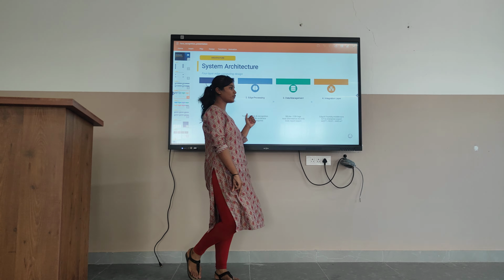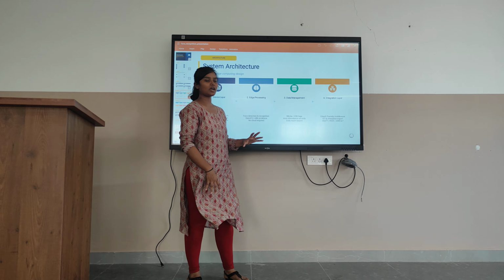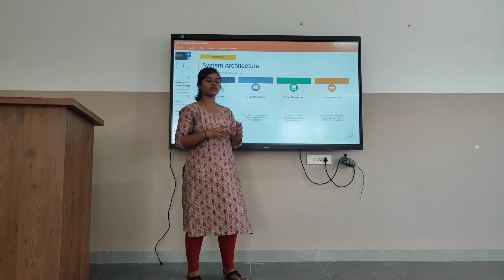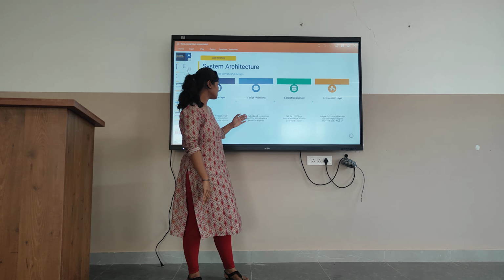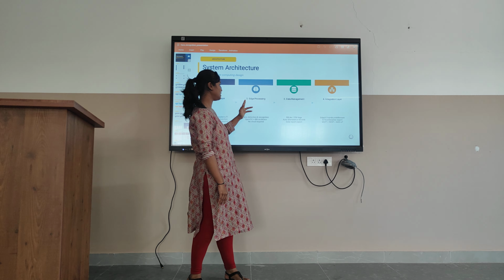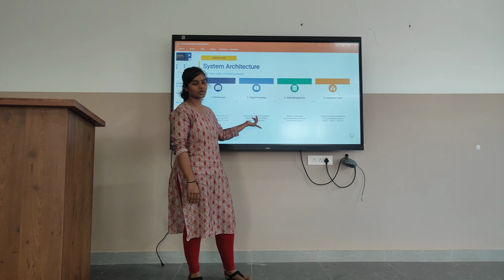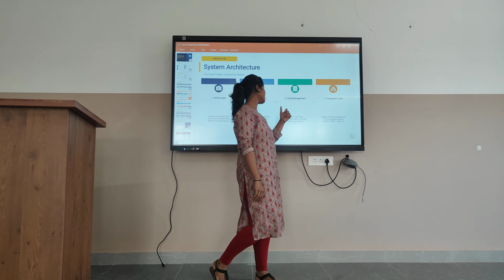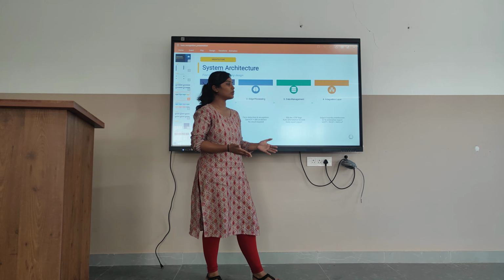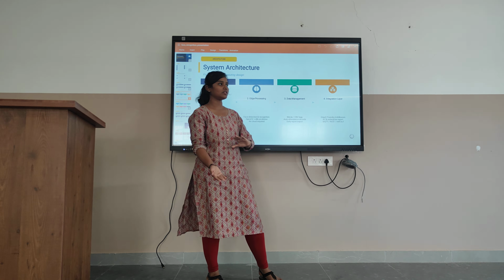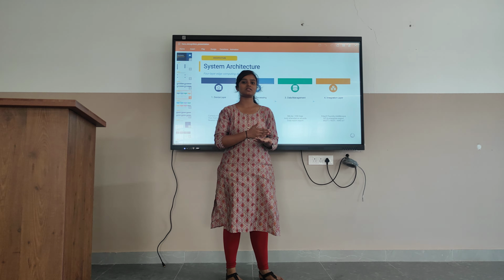Edge processing. After taking a photo, processing will be done. The complete image is not sent onward. During processing, the data is converted into text, because text consumes less storage compared to an image. So face detection and recognition will be done in the edge processing system. OpenCV will be used. No cloud is required here. After that, data management. As I said, storing data in picture format will take more storage. So edge processing will convert the photo into text format. By that, which student is present, their student name